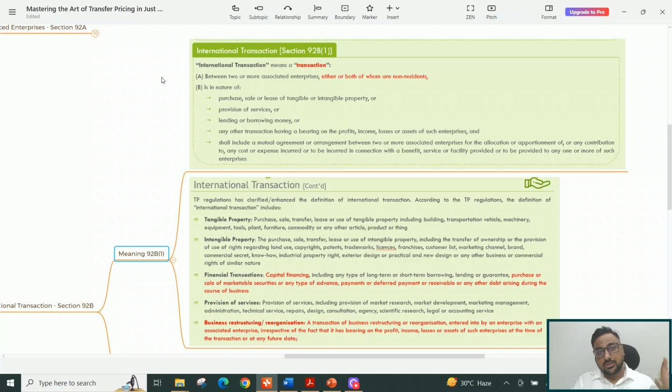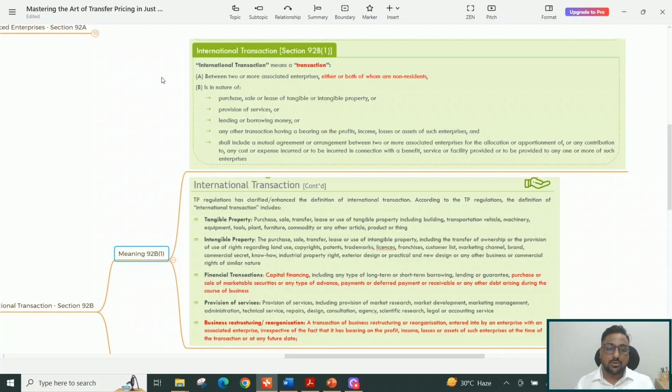We have already understood the term transaction when we were discussing it in the previous video. Now what does international transaction mean? International transaction means a transaction between two or more associated enterprises. We saw the definition of associated enterprises. Between two or more associated enterprises, either or both of whom are non-residents, and the transaction is in the nature of purchase, sale, lease of tangible or intangible property or provision of services, lending or borrowing money or any other transaction having a bearing on the profits, income, losses or assets of such enterprises, and